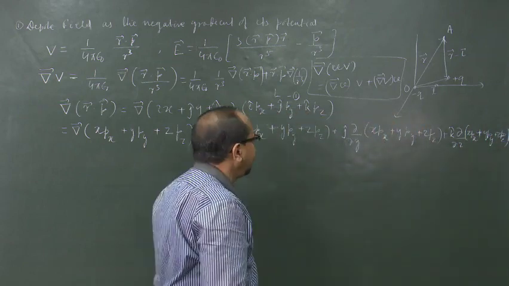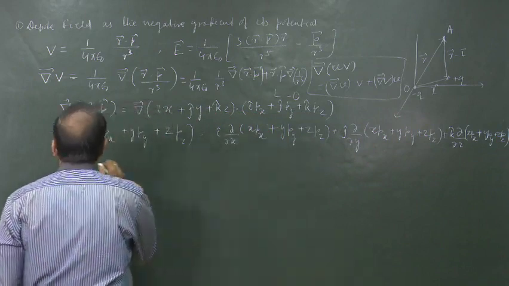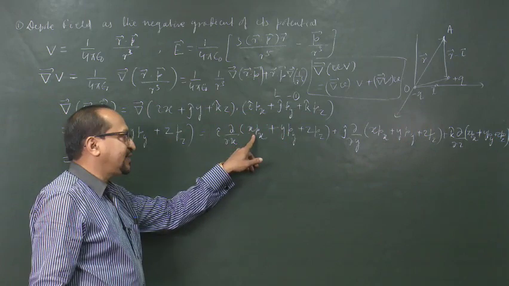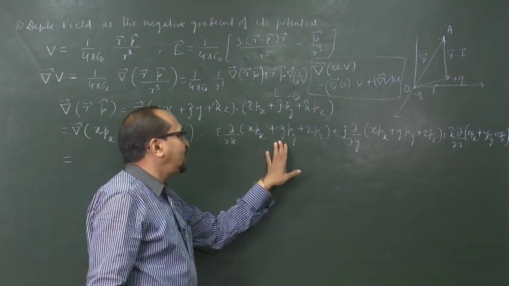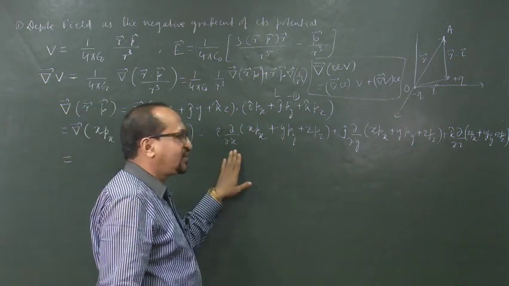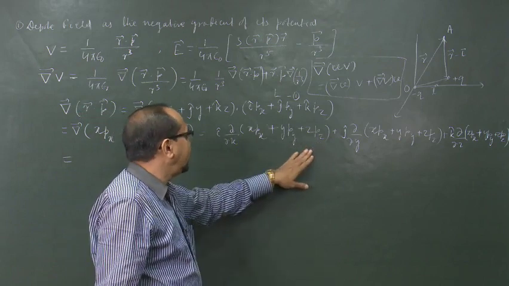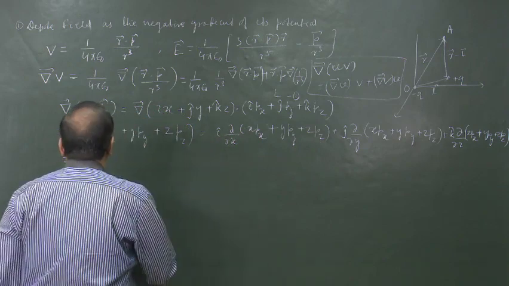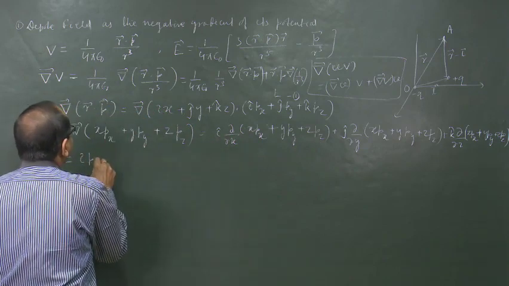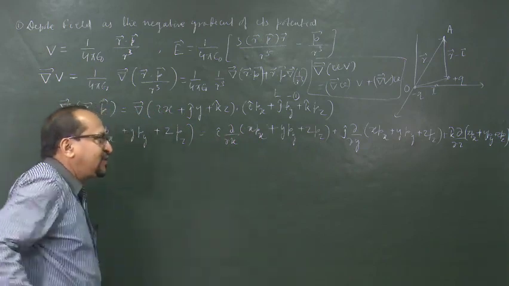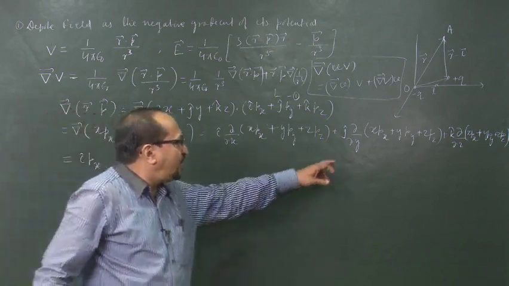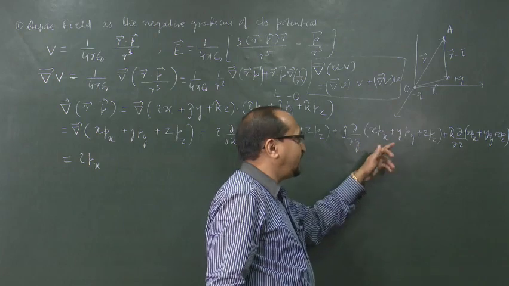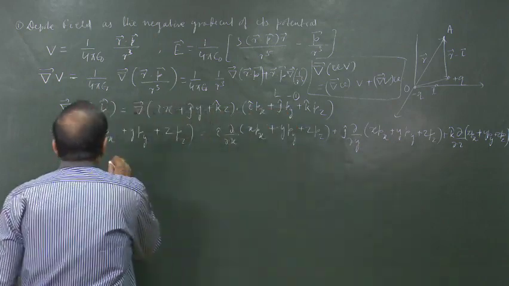Okay. Now, p x is of course constant, and the derivative of the other two terms with respect to x is 0, they do not depend upon x, and p x will be taken outside, del x by del x is 1. So, it is i cap p x, plus similarly this one is now j cap, p y will be taken outside and del y by del y is 1. So, this is j cap p y,